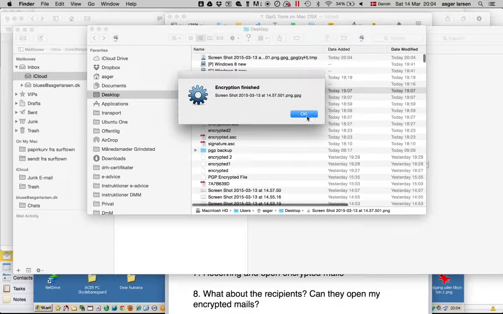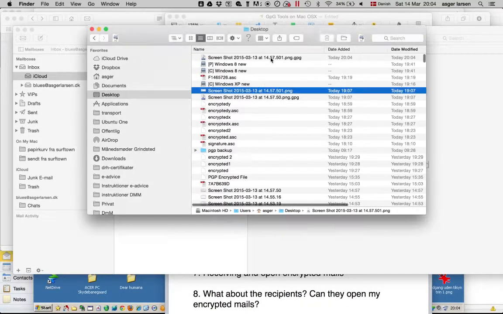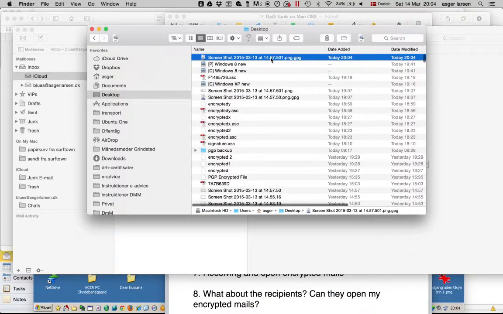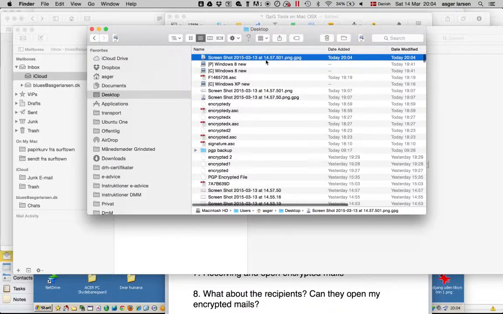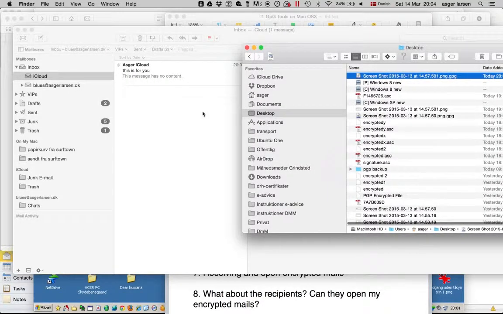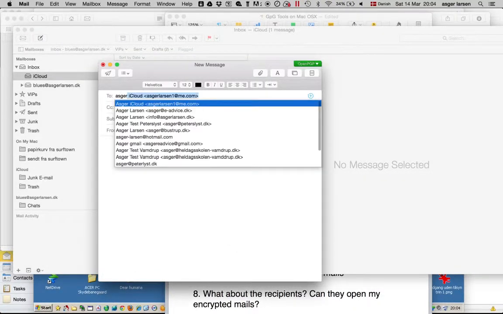And then the encryption is finished, and I now get a new file here alongside the one I encrypted. This was the one without encryption, and here it is encrypted, and you can see it's locked with this padlock sign. So now I have an encrypted file, and then I create a mail to the recipient,